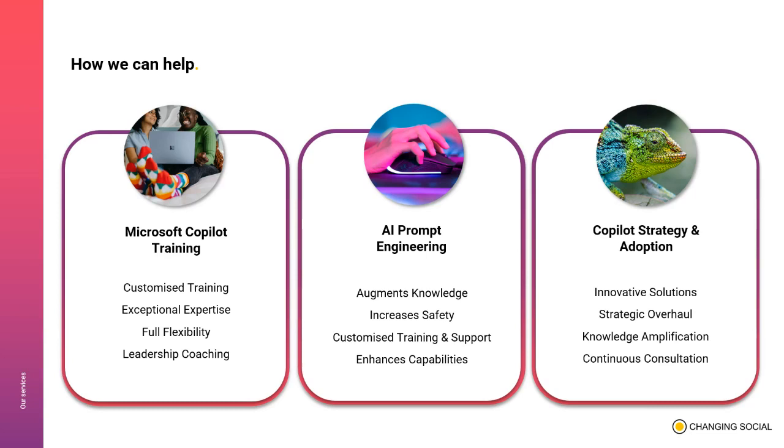And then finally, we have the Copilot strategy and adoption. This is a floor-to-ceiling service that really integrates Copilot into your organization, ensuring that your people understand and utilize this AI tool effectively. It involves methods and strategies used to support the adoption of Copilot, managing the transition of people, processes, and technology to adapt to Copilot's functionality. It really ensures that implementation is smooth for your organization's workflow, that it's also enhanced, and that the transition into these new practices is accepted and optimized across your organization.